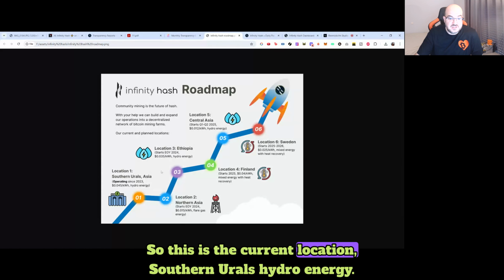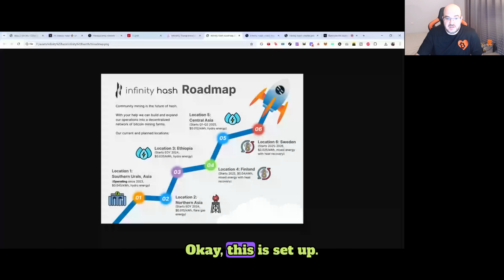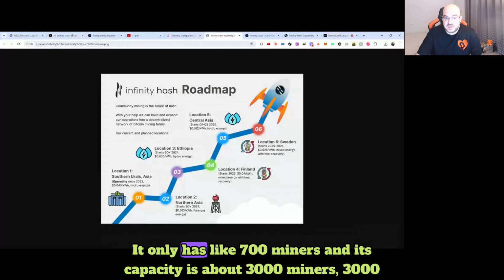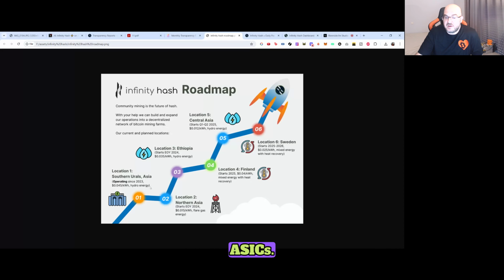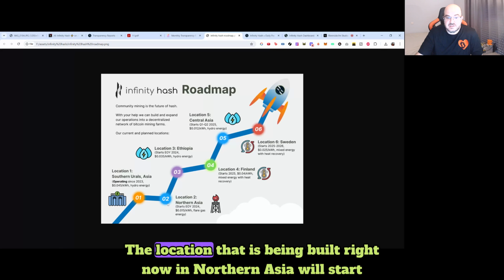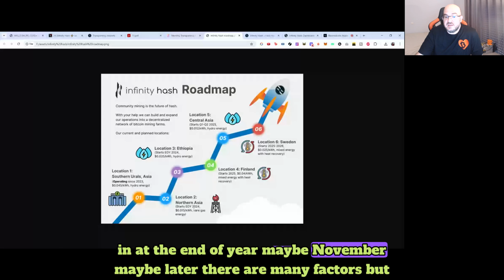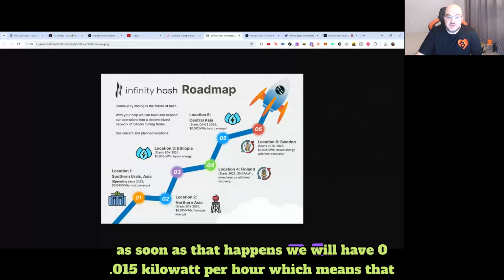This is the current location, Southern Urals, hydro energy. This is set up, it's perfect, it's working right now. It only has like 700 miners, and its capacity is about 3,000 miners, 3,000 ASICs. The location being built right now in Northern Asia will start at the end of year, maybe November, maybe later. There are many factors, but as soon as that happens, we will have